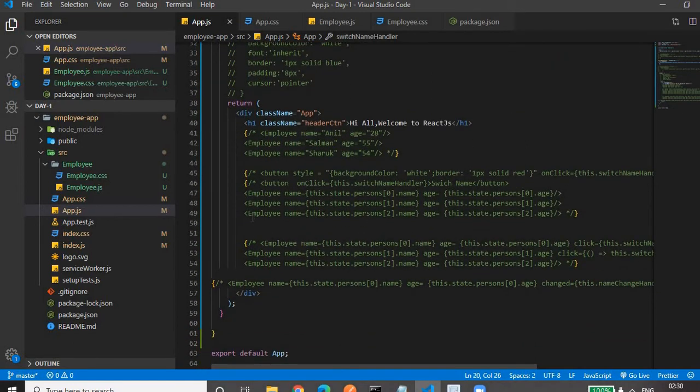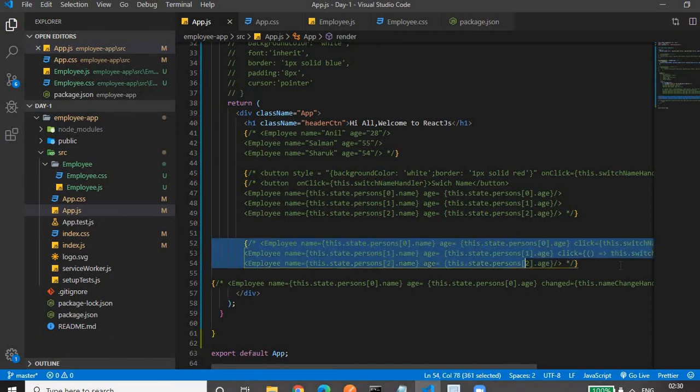So which one should we do? This one, yeah. We'll see how we can pass a parameter to a function.